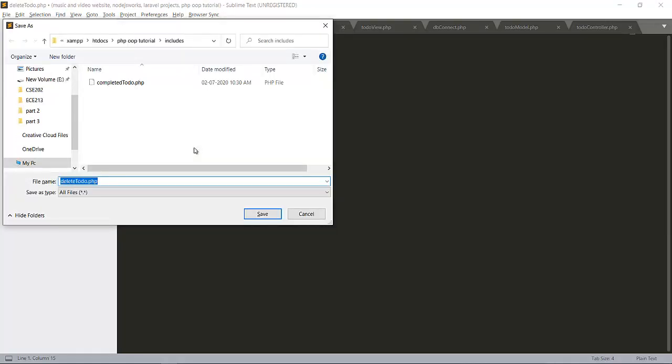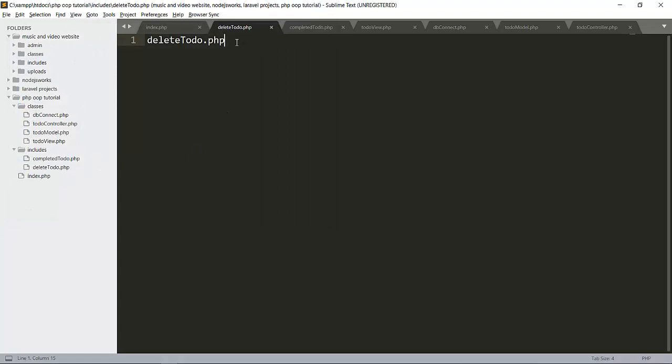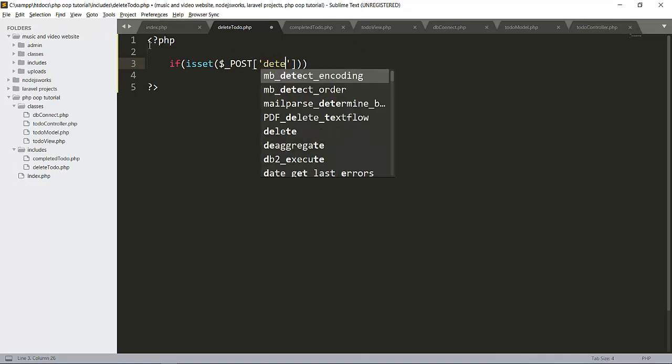Here is delete-todo.php. So now let's create PHP here, and there will be a condition: if isset($_POST). Now then there will be delete